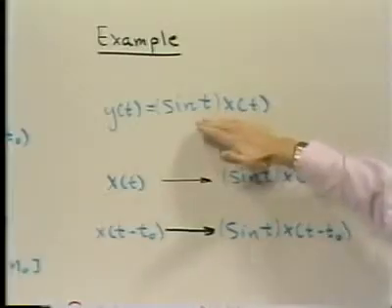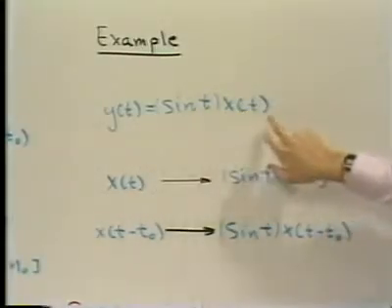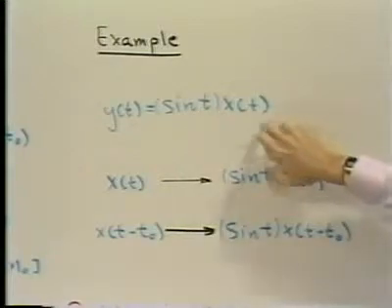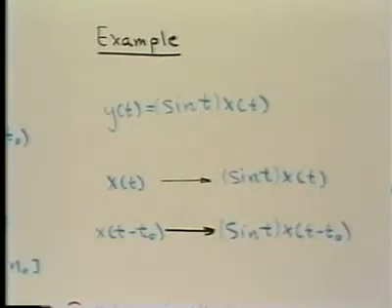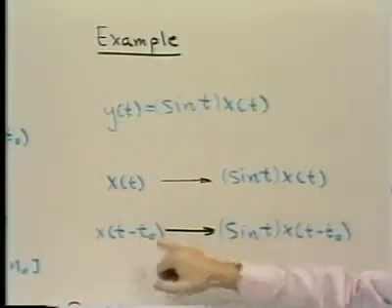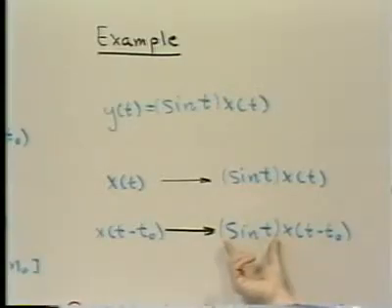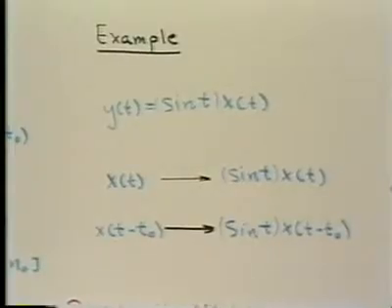And although you might think at first that this system is time invariant, in fact, it is not, because the input shifted generates an output which is the input shifted times the same modulation function,